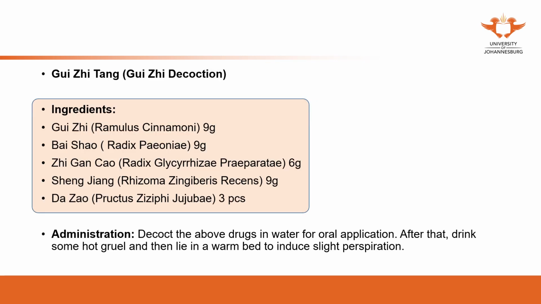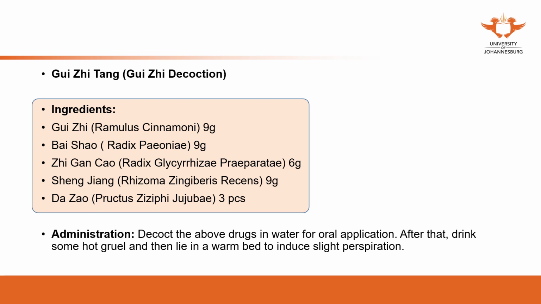The second formula, 桂枝汤, Guizhi decoction. This formula also comes from 伤寒杂病论. Very similar symptom, the patient presents with wind-cold syndrome, but in this situation, the patient presents with a floating weak pulse